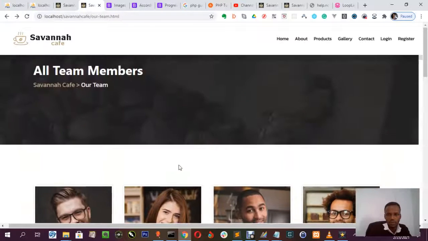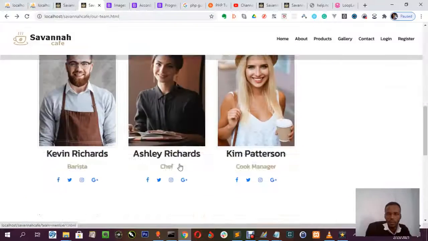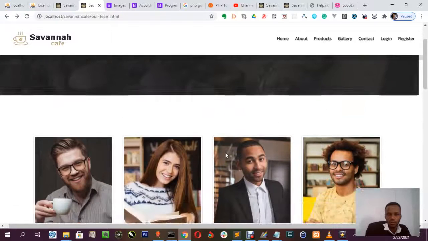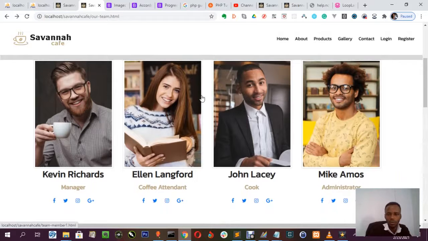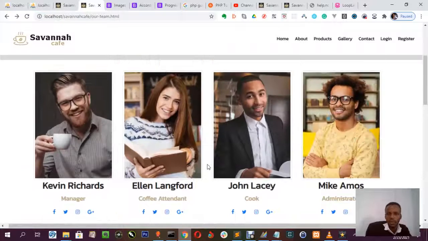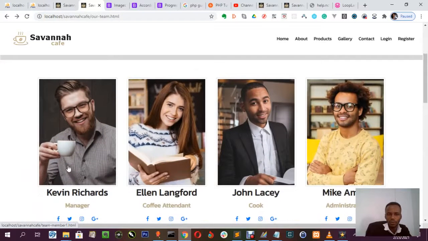Okay, so this is how we'll create our team page when you want to create a team member page. So this is one of the ways in which you can do it. So in the next tutorial, we're going to build how we want each personal one to look like. Please ensure you go through this and try it on your own. So in the next tutorial, we're going to build a template of how we want our team